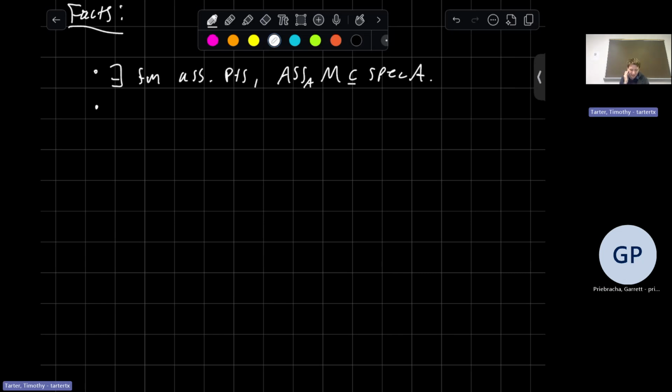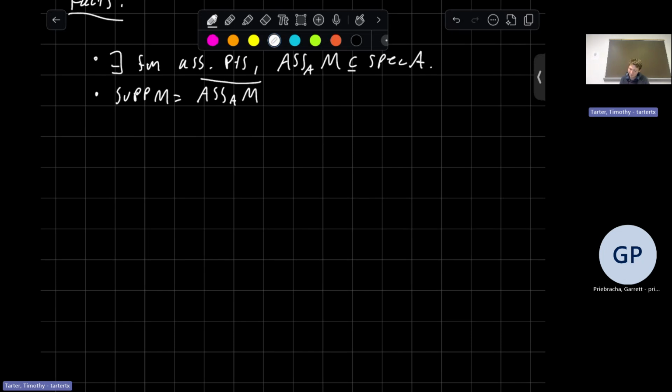Well, I'm glad. So the support of M is the closure of the associated points of M. The support of any submodule of M is the closure of some subset of the associated points of M. The support of any element of M is the closure of some subset of the associated points. The associated points of M